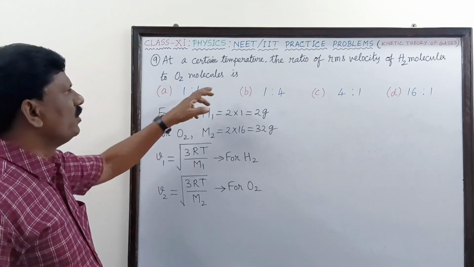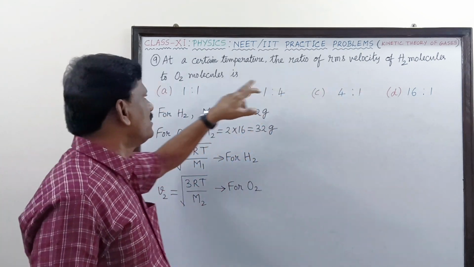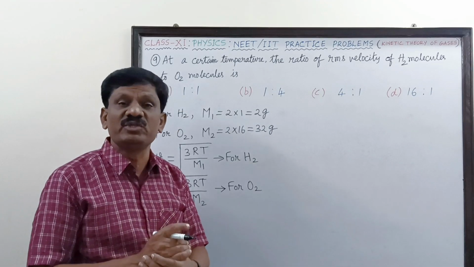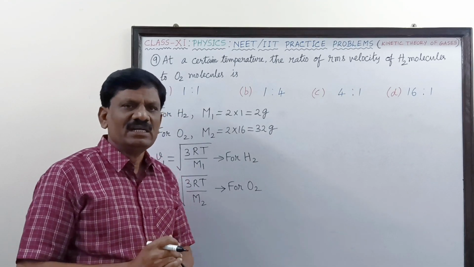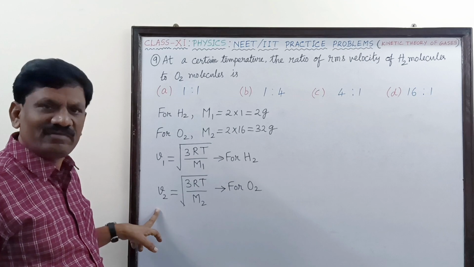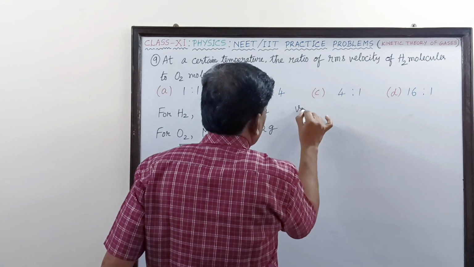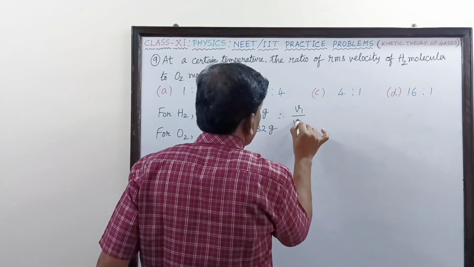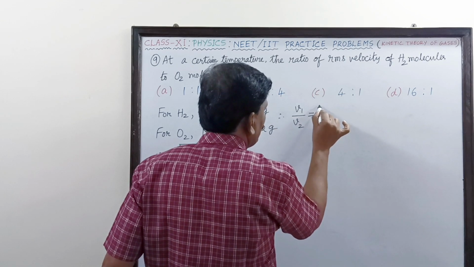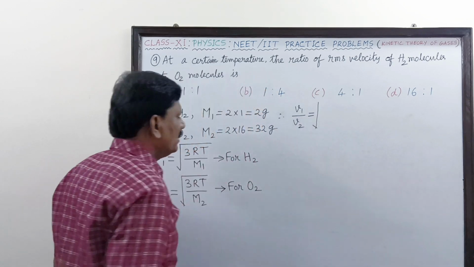Now what is the ratio? The ratio of hydrogen to oxygen is asked. Here also we should be vigilant. So V1 by V2 we have to find out. So I will write V1 by V2. Therefore V1 by V2 is equal to square root of